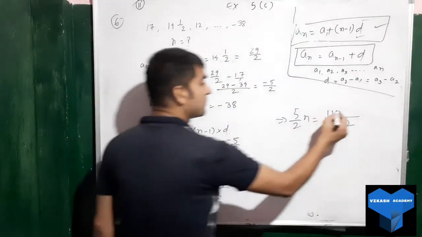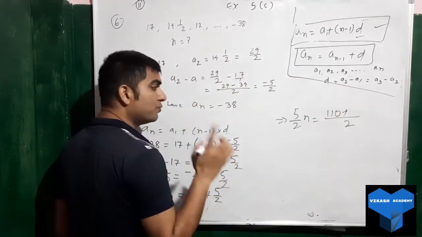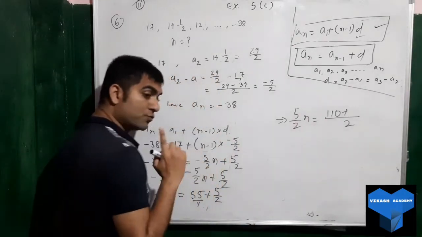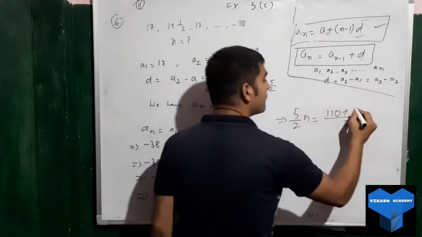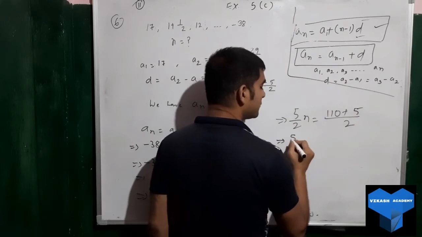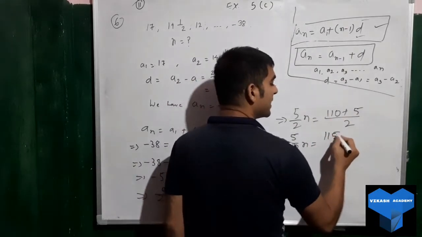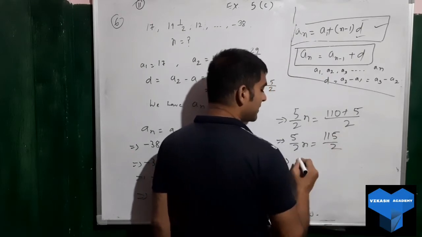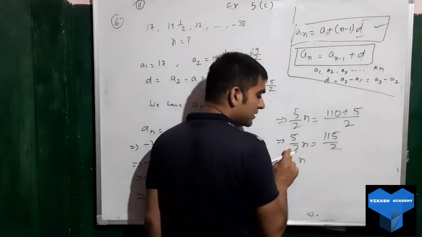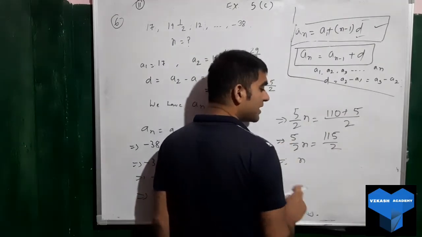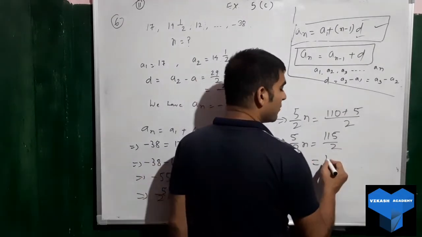Then plus, we will write plus 2 divided by 2. 2 dividing this LCM 2, so we will add 1 into 5, we will have 5. Now see 5 by 2 n is equal to 100 plus 5, it will be 115 by 2. Now see here n 5 by 2, the denominator will become numerator, numerator will become denominator, so n is 115